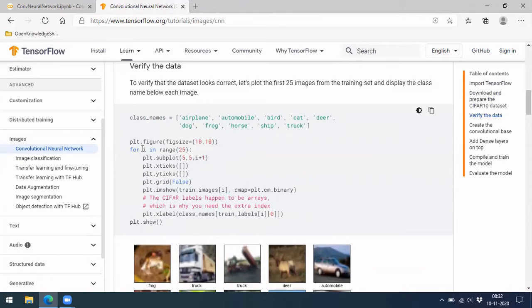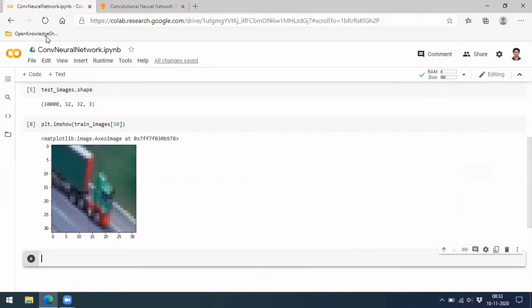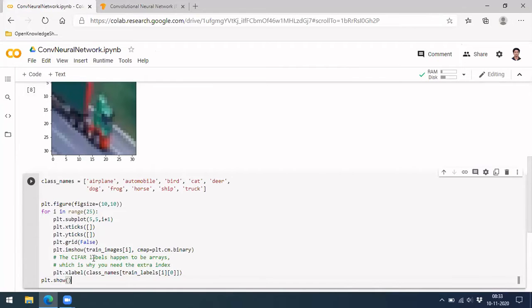They are just looping over the first 25 objects, and each one they are plotting, and it will take 5 by 5 as a figure size. Okay, because if you are plotting each one with a whole figure, that is also not with good clarity, but this may look better than this because here it is getting stretched big, right? So let me use the same and run it.